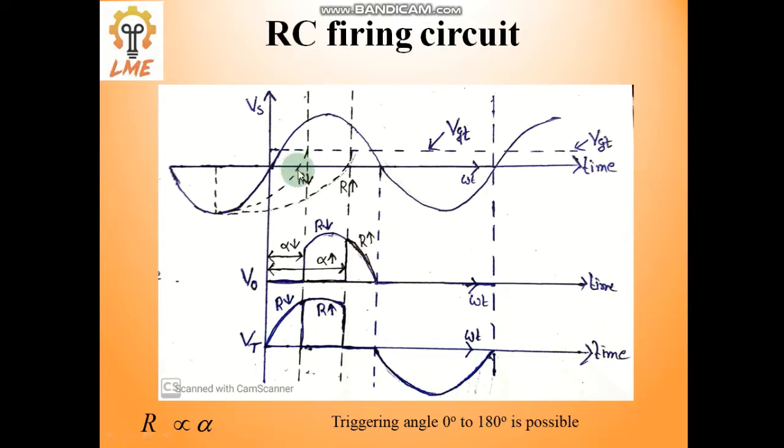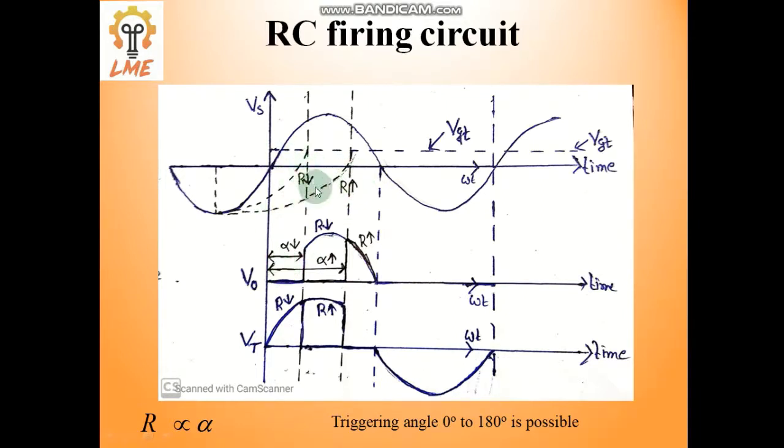At this particular point, it changes to the red polarity. Green changing to red polarity means the upper plate goes positive and the lower plate goes negative. Then it charges further with that same red polarity. When it touches the VGT line, meaning when the capacitor voltage equals the gate terminal voltage VGT, it will be triggered on. At that time the output voltage starts from here, and when triggered, the output voltage follows this waveform. Look at this carefully, because in this particular line two waveforms are given, one for a very low value of R and one for a very high value of R.